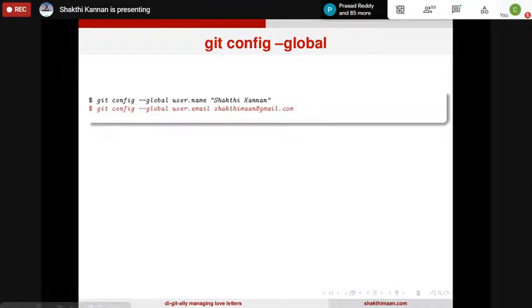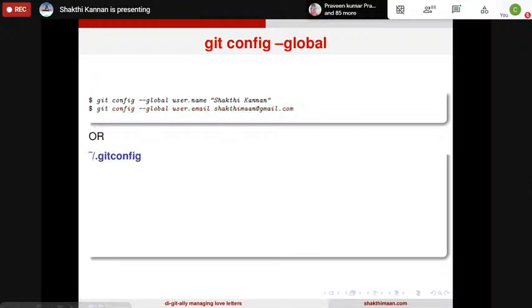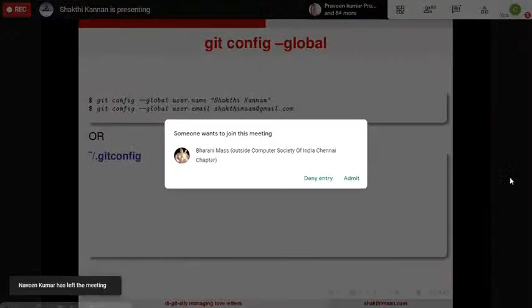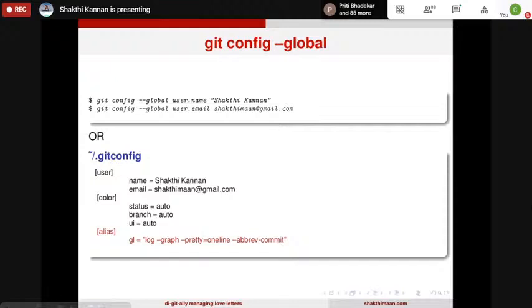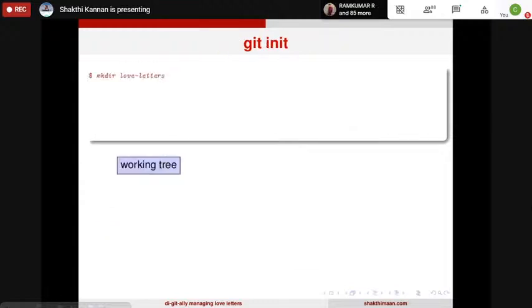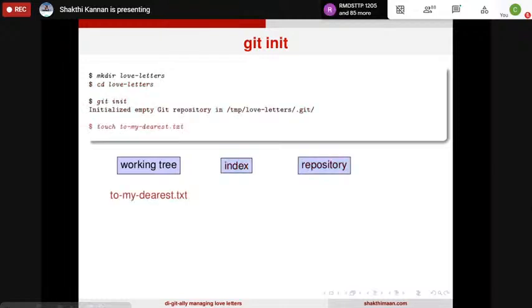You can specify the username and email so that your home .gitconfig will have these settings instead of project level settings. It's also a possibility. And I've just added this gl as an alias for seeing the commits. You'll see it in the output. Right. So basically, what you will see here is that instead of README, it's just the to my dearest.txt